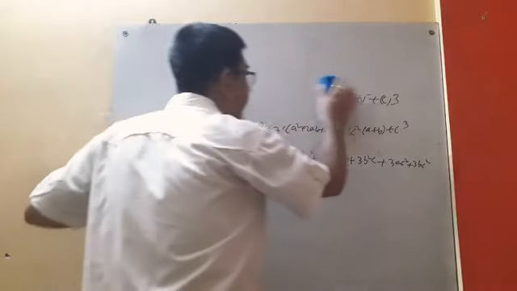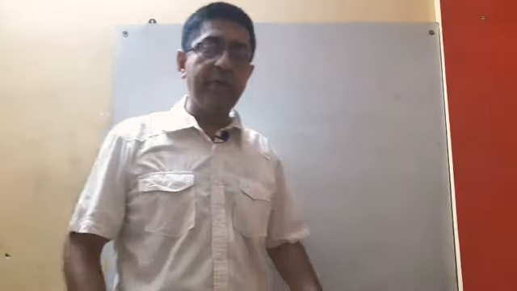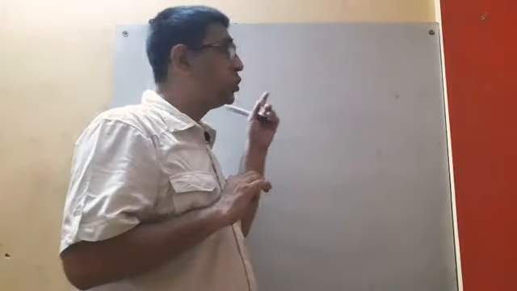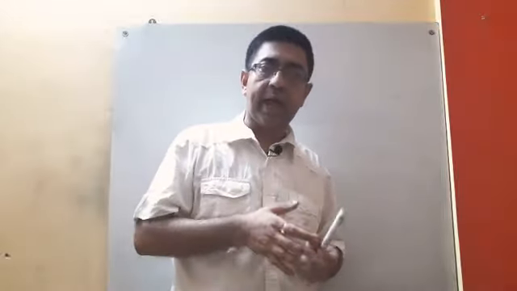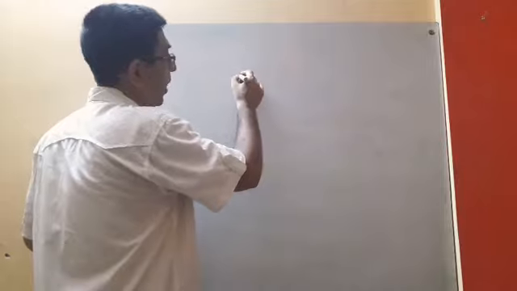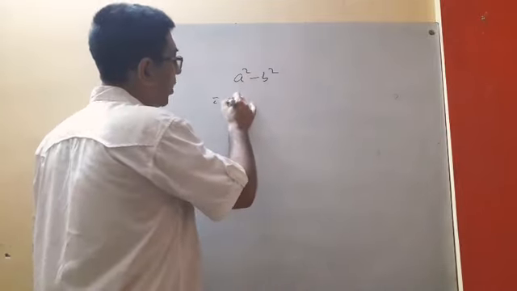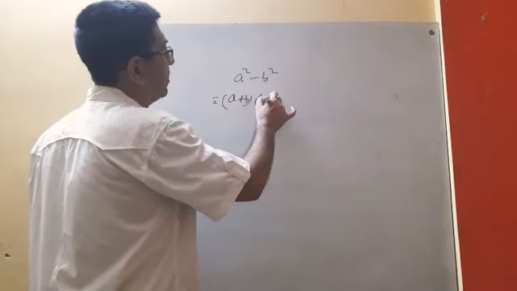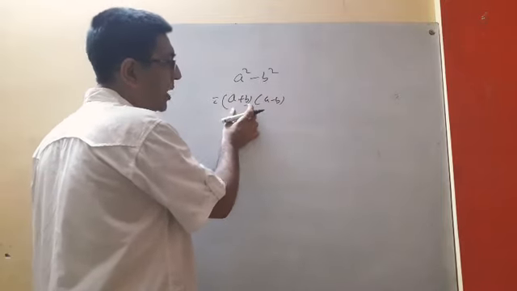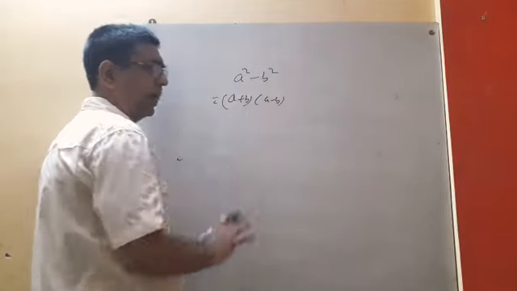Okay, before ending the video, I want to say something. I have already uploaded expansion 1 for class 9, but I think before seeing the video of expansion 1, you should watch these two videos, that is formula of square and formula of cube, how it comes. In case of square I have left one formula, the a square minus b square formula. That is, what is that? A plus b into a minus b. That is the sum of these two numbers into the difference of these two numbers is a square minus b square. Just multiply, you will get this one.